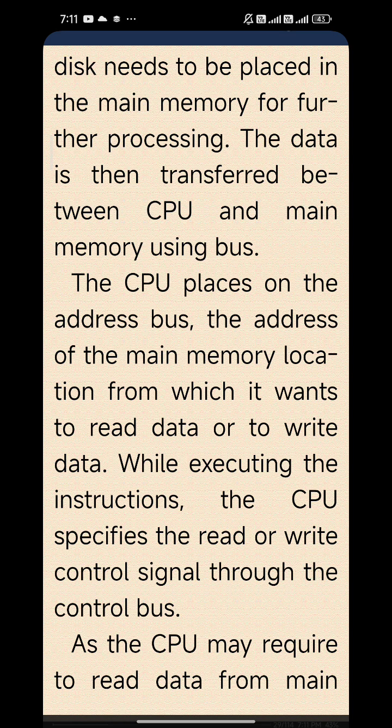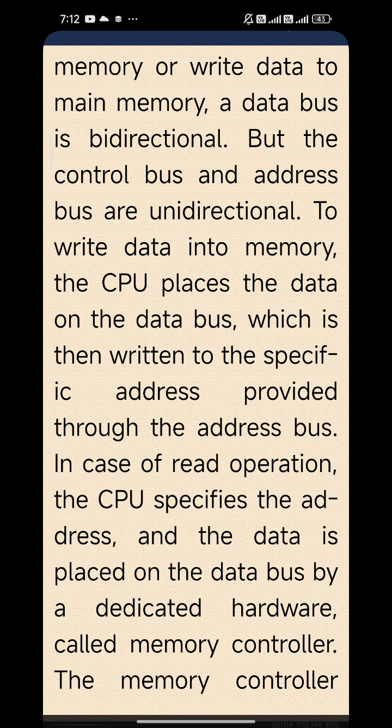As the CPU may be required to read data from main memory or write data to main memory, the data bus is bidirectional, but the control bus and address bus are